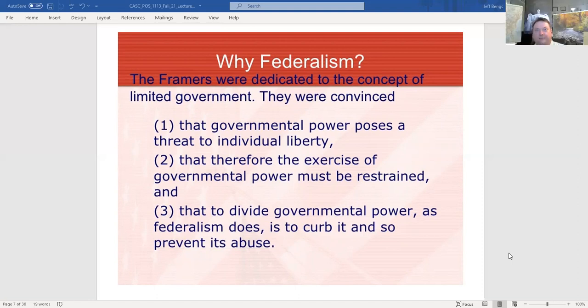This is a concept or a principle that we believe in strongly as Americans. That government needs to be limited in its power. They were convinced from experience that,